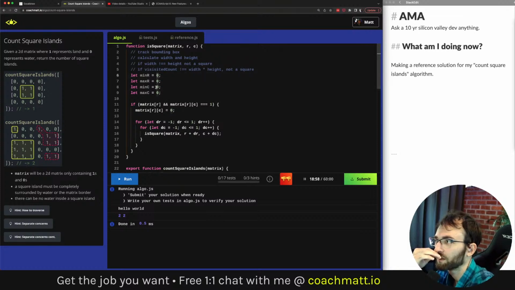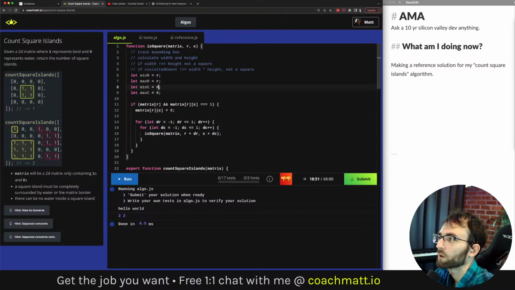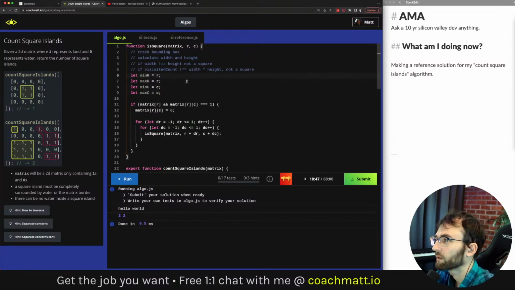So 0 is always going to be your minimum. What we actually want to do here is set these to where we're starting. And if anyone's confused, please just let me know in chat. So the minimum row and maximum row is where we started. Minimum column and maximum column is where we started.